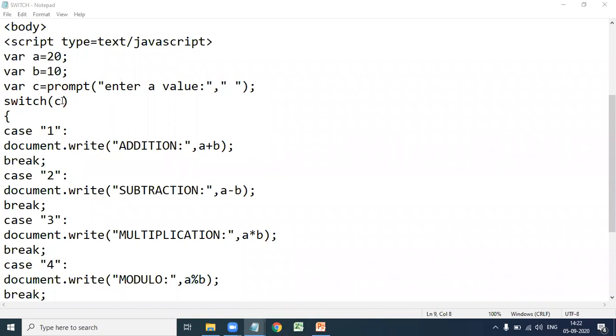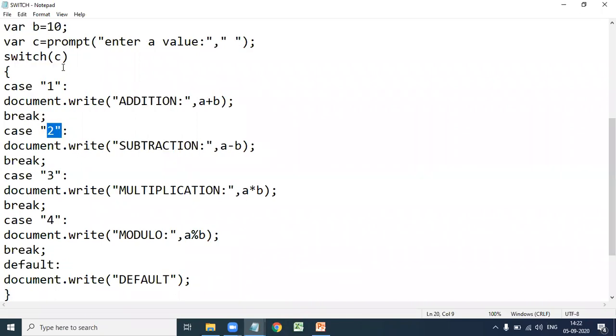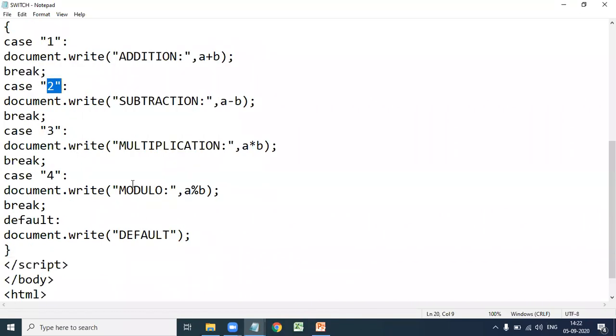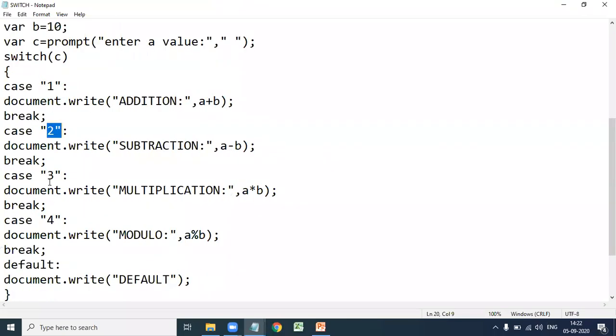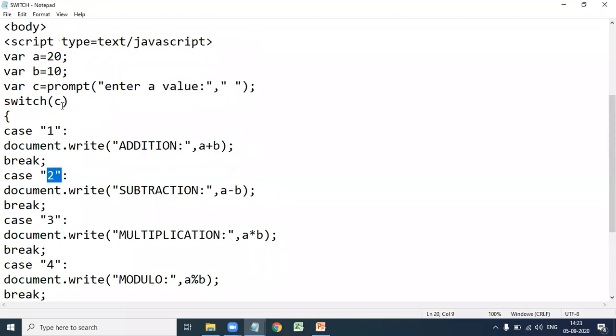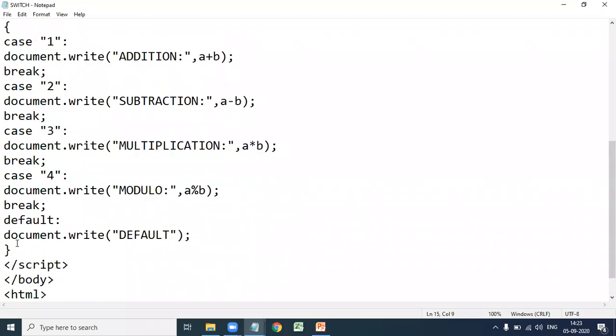If the value of C, that is the value of expression, matches the label 2, then subtraction is performed. If C value is 3, then at label 3 multiplication is performed. If none of the labels matches the value of expression, that is the value of C, then default is executed. So let us execute this.